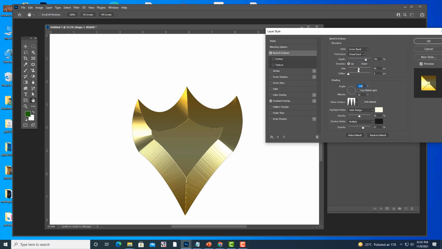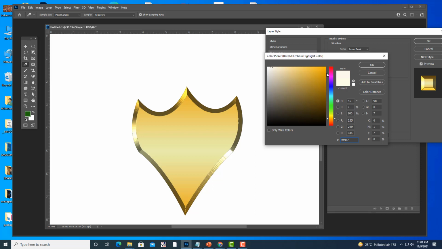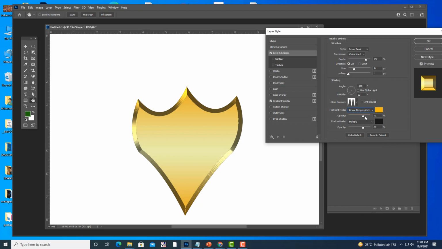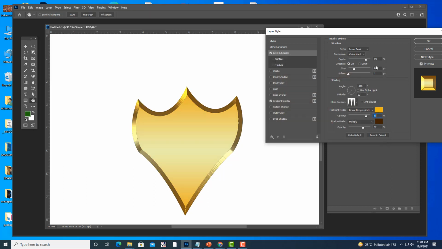We can reduce the size here. We can also change these values. We can use the linear dots here, and see, we are creating a shield. You can also change this angle here.